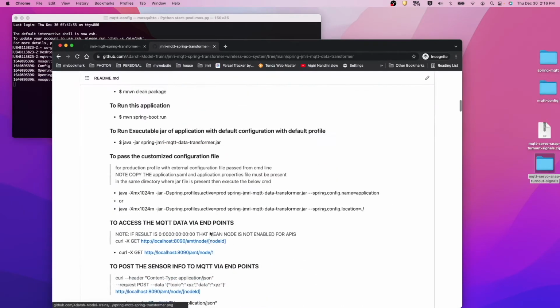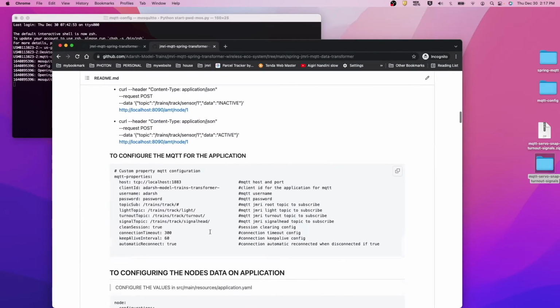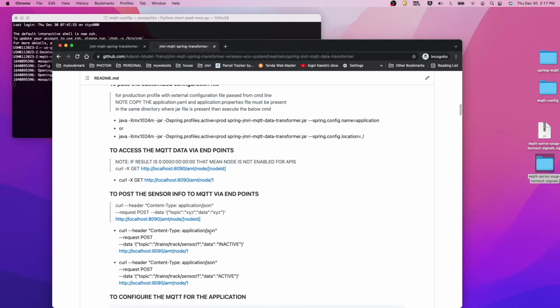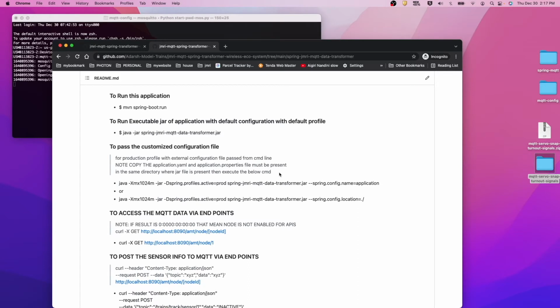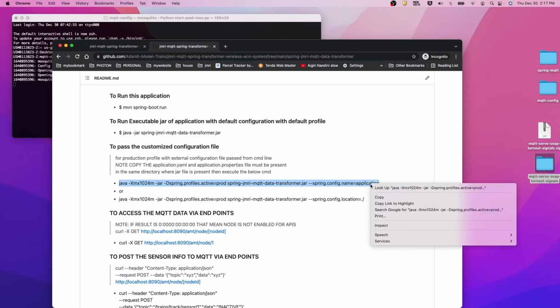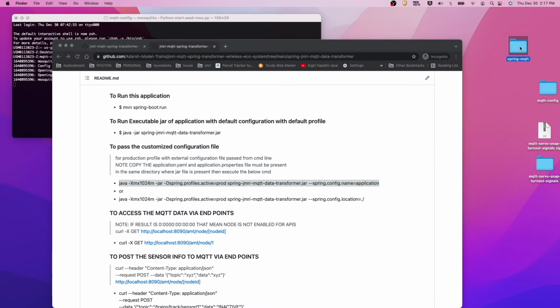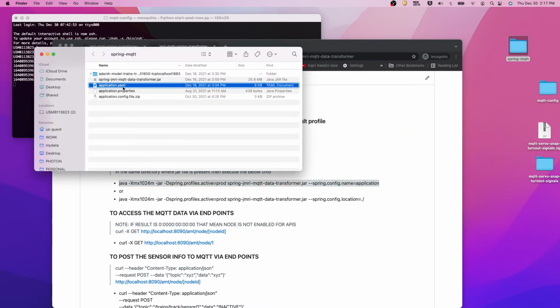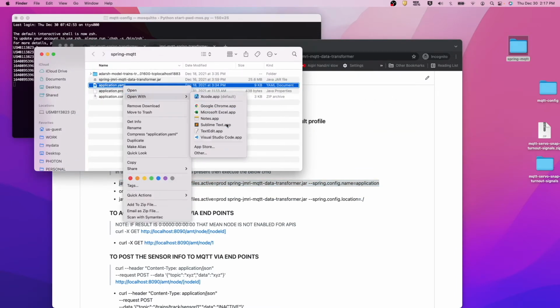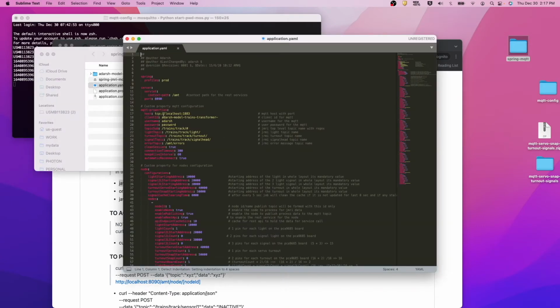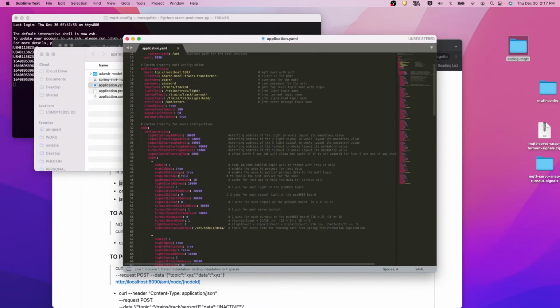Here we can see all the commands to start that. But before starting that, let's check whether our Spring configuration is correct, what we need. So let's open it. We need enable publishing, everything is true.